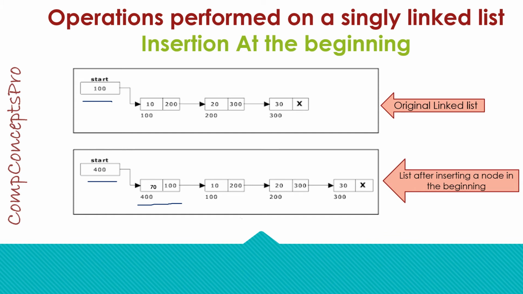Also, our new node is pointing to the second node of the linked list, which was earlier the first node. So this was the first node earlier, located at the memory address 100. So now this has become the second node, and the first node is pointing to the second node. So the next pointer of the first node is holding the memory address 100. So that means we'll come to know that the next node is available at the memory address 100. So let's see how we can achieve these pointer changes programmatically.